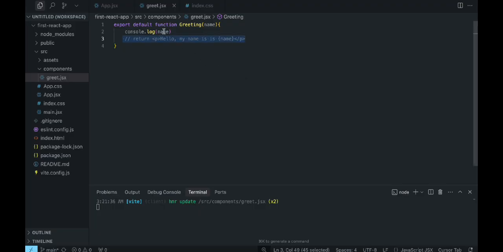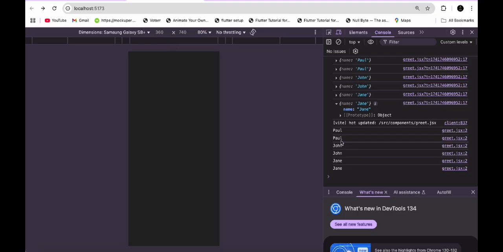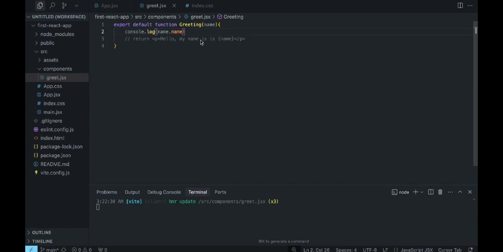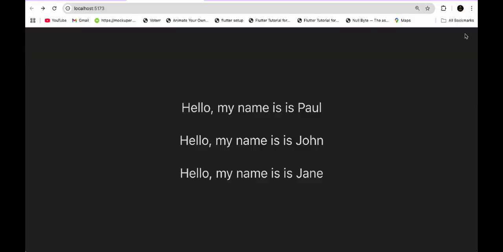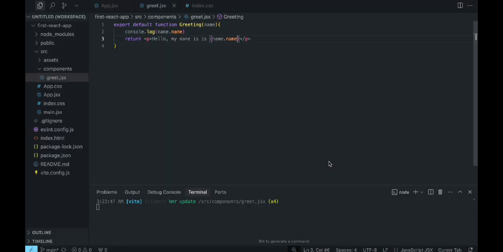So it means the name is returning as an object, and in the object we have a property called name. If we say console.log name.name, this is going to return all the names. That means in our JSX we won't just return this, because you cannot return an object in your JSX. Rather, we're going to return the property of the object, which is name, as the only property of the object. If we try to do this, we're going to see our components return our names dynamically. We have hello, my name is Paul, hello, my name is Jane, hello, my name is John, as the case may be, because we have here